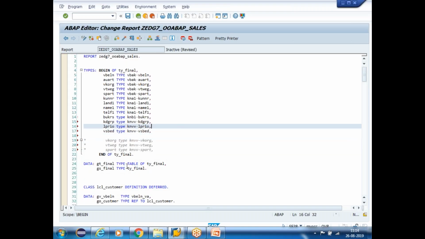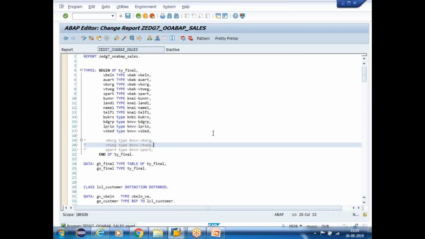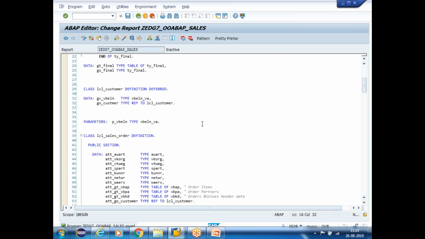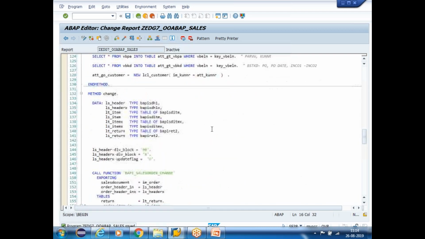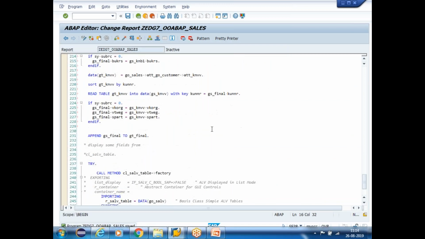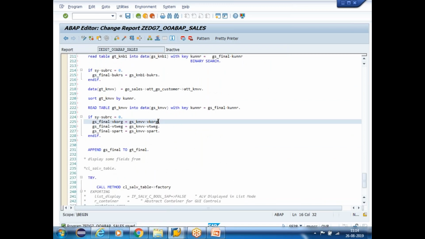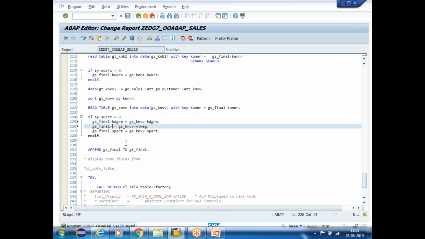Okay, that's enough. Save. Definitely I need to read the data. I just declared in the internal table the data I need, guys. Instead of this, we are going to take those values. One is KDGRP equal to KDGRP, and also I want LPRIO, and next one is